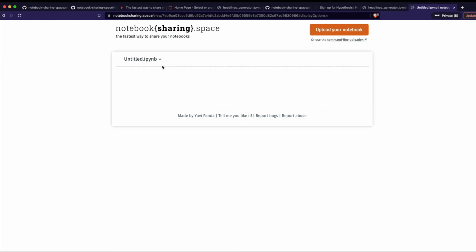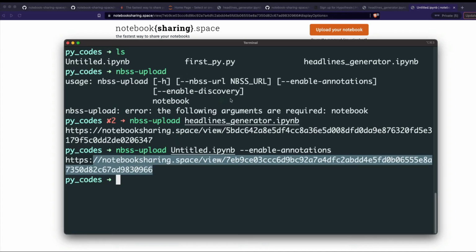It's an untitled.ipynb, so there is nothing for you to see. But again, you can see the entire workflow. It's so seamless. You don't have to even go to the web interface. If you're working on, let's say, VS Code, which I usually use a lot for Jupyter notebooks because it's slightly easier, all you have to do is open your terminal in VS Code and just do NBSS upload, and your notebook is available with a link for you to share with anybody.